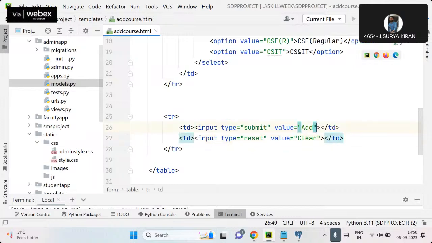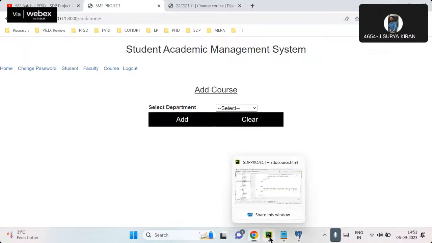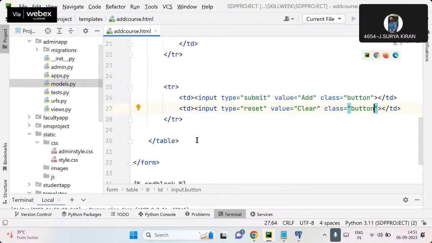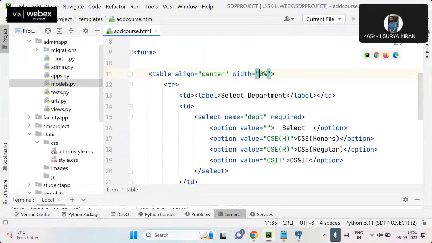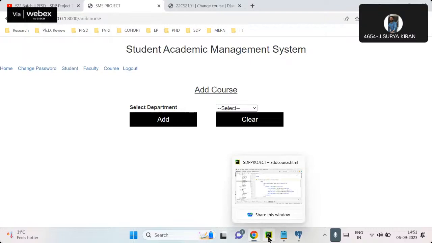I want to add the class as called as button now. Let me check what is going to happen if I add button. Now, let me give some width and all. So otherwise there is no space. And this is because of this width and all. So let me take 40, refresh. Later we can check that actually. What is the decrease and